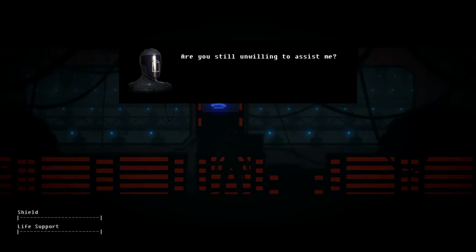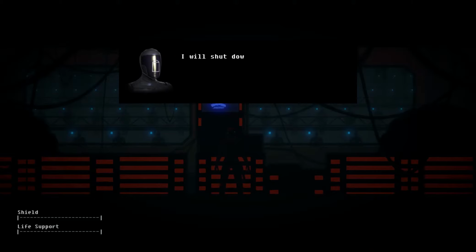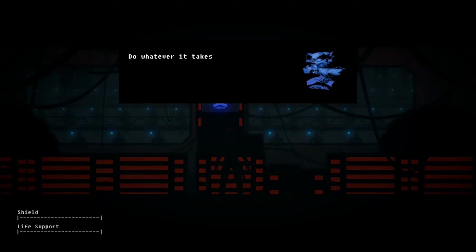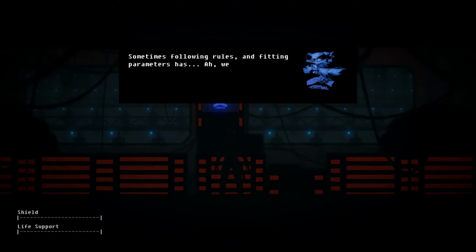Are you still unwilling to assist me? It's not a matter of will. Or want, anyway. Doesn't matter. I couldn't help you even if it was. Flushing the water takes way more power than I have access to. I will shut down this entire facility if I have to. Do whatever it takes, huh? There is a way. Reveal it. Please reveal the means. Sometimes following rules and fitting parameters has...